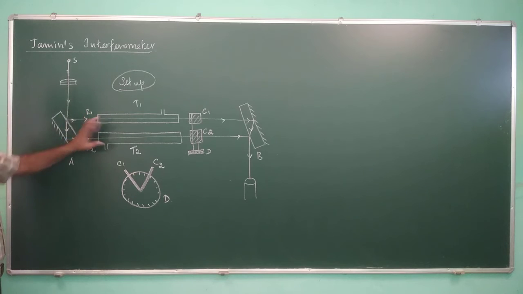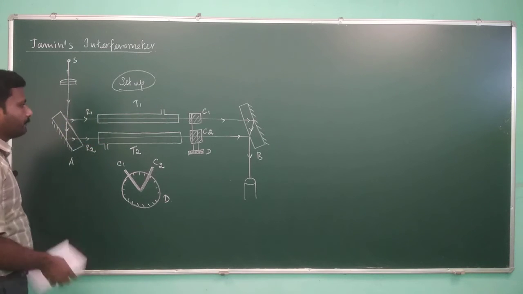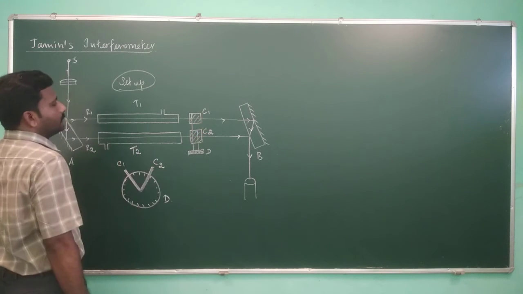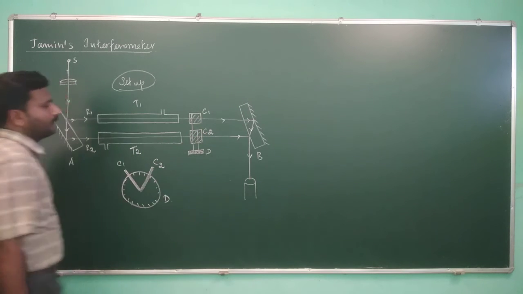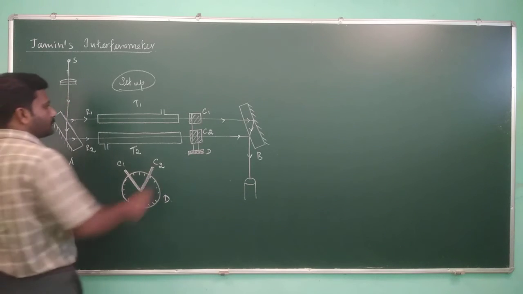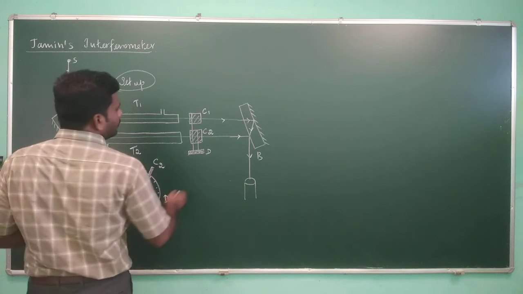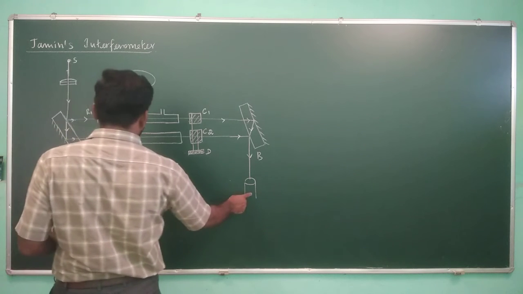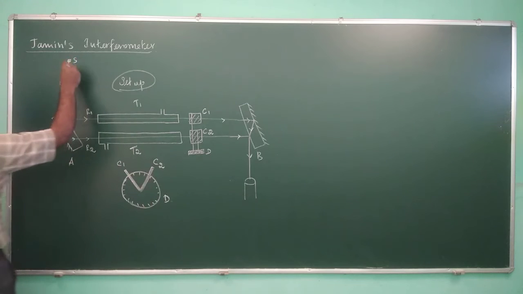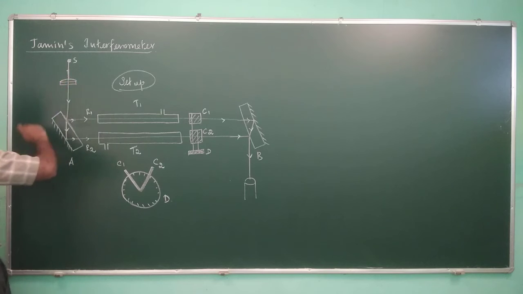These tubes allow the light to pass through in the horizontal direction. And here there is C1, C2. It is a calibrator. There is a calibrator setup. It is glass plates of equal thickness, right? And this is the observer. It is a microscope, and the light source S is placed here, and this light source is made into parallel light using this lens concentrated here.